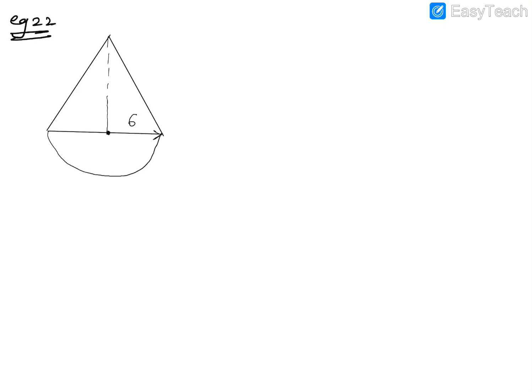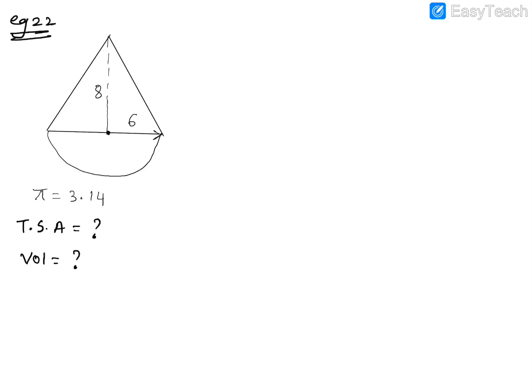Now its height is 8 centimeter, so this is equal to 8. Determine the surface area and the volume, and they have given us the value of pi also. So pi is given as 3.14. Now whenever they ask you surface area, remember they always mean the total surface area only of the given object, and the volume of the object, both are asked. It will always be easier to find out the volume because usually there is no confusion in volume. Only TSA will demand a little bit more of application.